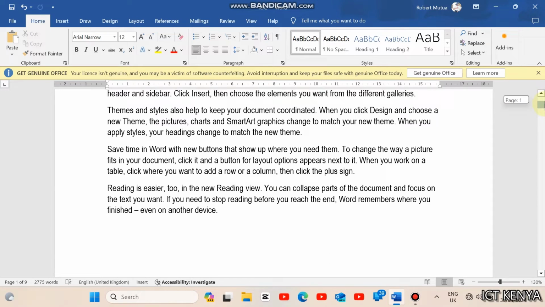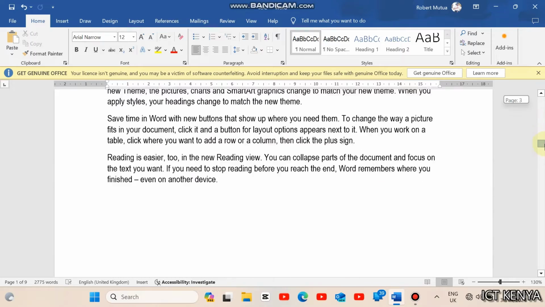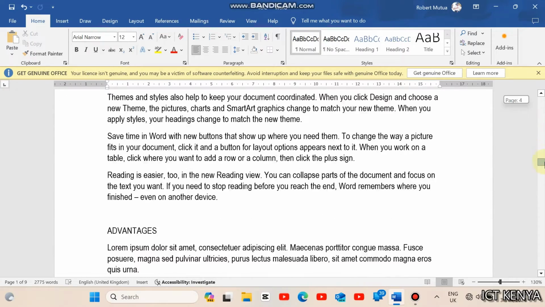Get set to transform your document formatting. In this tutorial, we'll guide you through switching between Roman and standard page numbering styles and creating a neat table